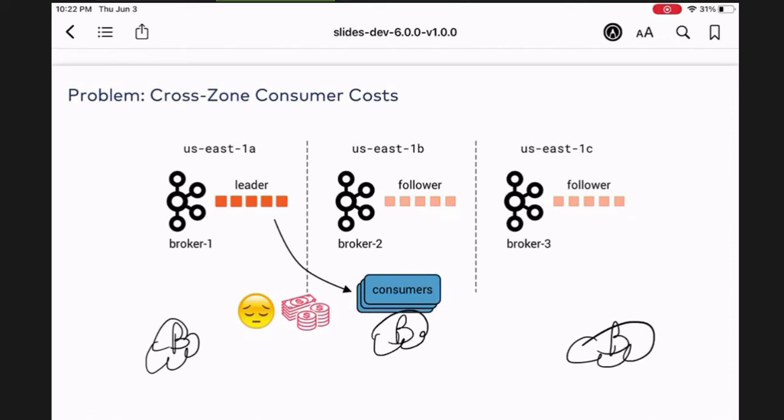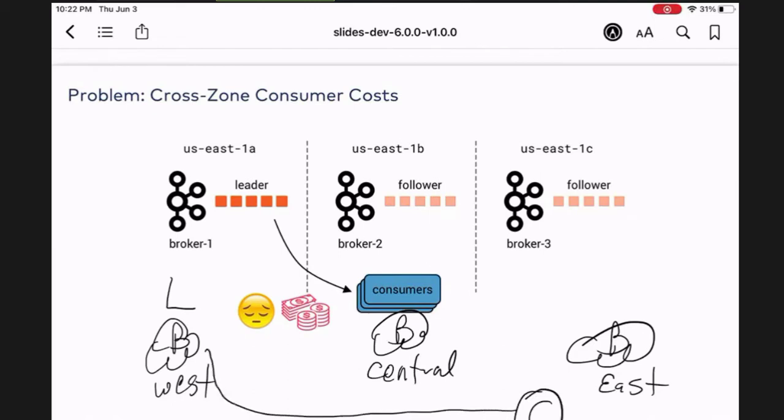If the leader for the partition is on the west, and I'm a consumer on the east and I need to go all the way to the leader, that is expensive. That's why it's costly, right?